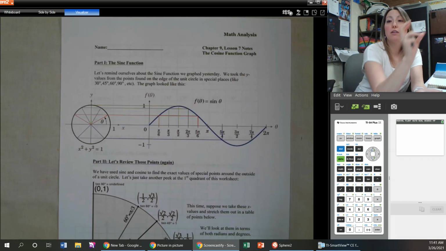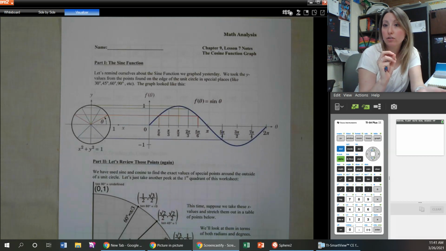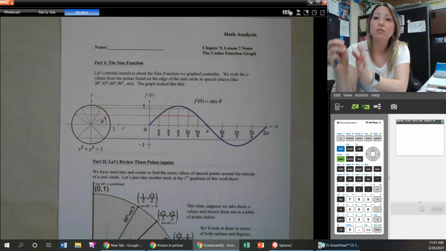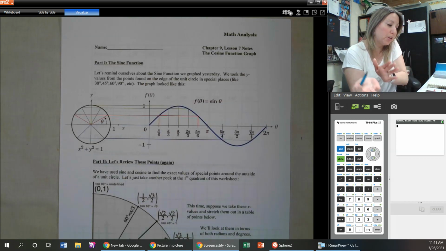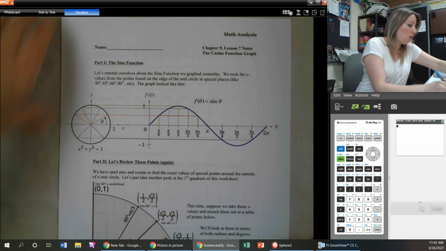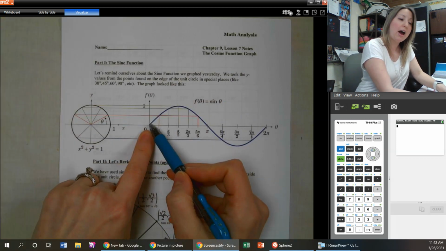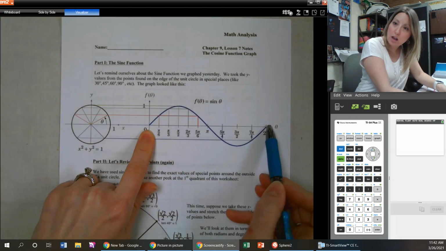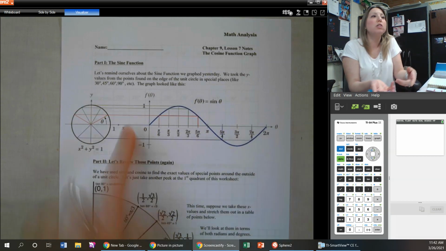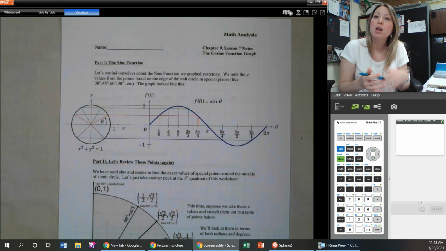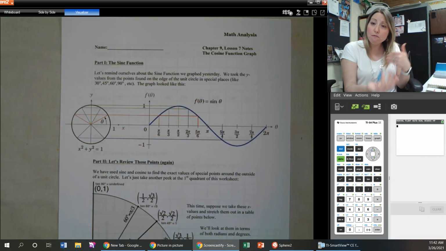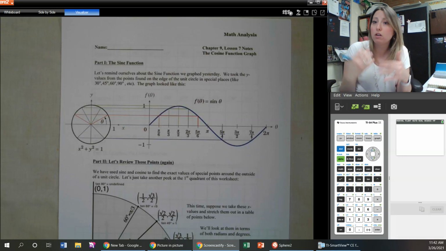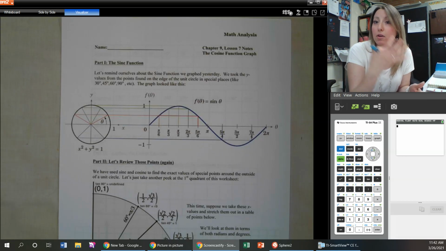Then you're taking the cosine value of each of those coordinate points, the x value, and graphing that as your y in the coordinate plane here. And we're going to look at how that compares to how the sine curve looked. The cosine curve will look different because the values of those coordinates are not exactly the same